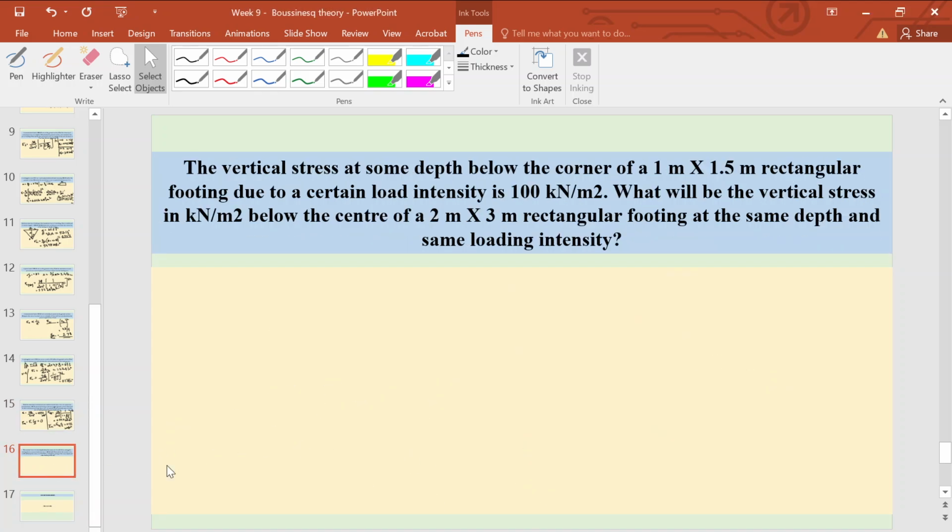Yes. Last question. Have you solved this question? This is a tricky question actually. Yes, sir. What is the answer? 4 times 100, sir. 400. Yes, yes. So the initial block is 1, 1.5. When I am talking about the final one,